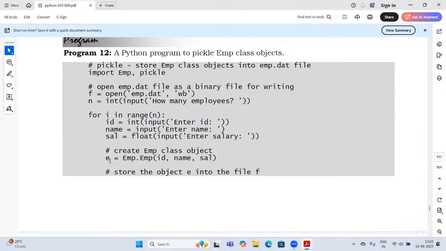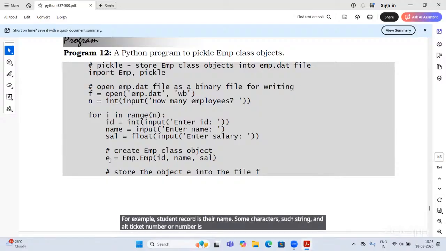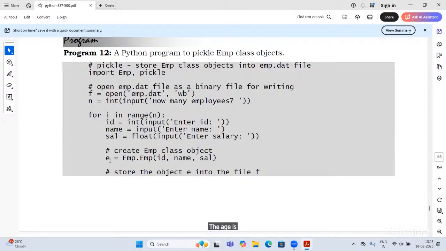Just like a structure in C programming language. In C, we used to combine different data types under one name. For example, a student record has a name, which is a string of characters, and a hall ticket number or ID number, the age, or different types of data, such as integer, character, float, double, long double, all grouped together at one place.